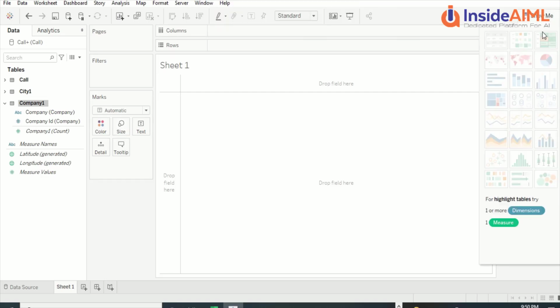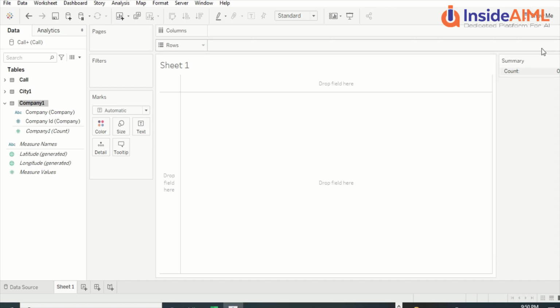Now Show Me is going to show you all the visuals available. Right now we have not dragged anything, so none of the visuals are enabled, but the visuals will get enabled based on what you select out here. Depending on your choices of selection, you will have different kinds of visuals enabled. Each visual will have a different kind of enablement. If I click here, it is going to show you what is needed for that visual to work. Okay, if I don't show it, there will be a legend shown here.